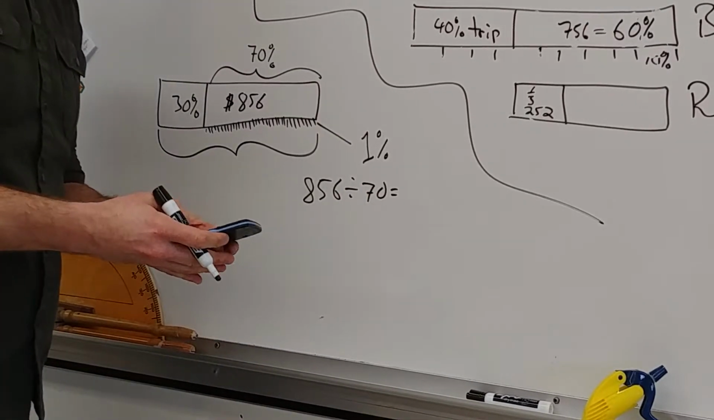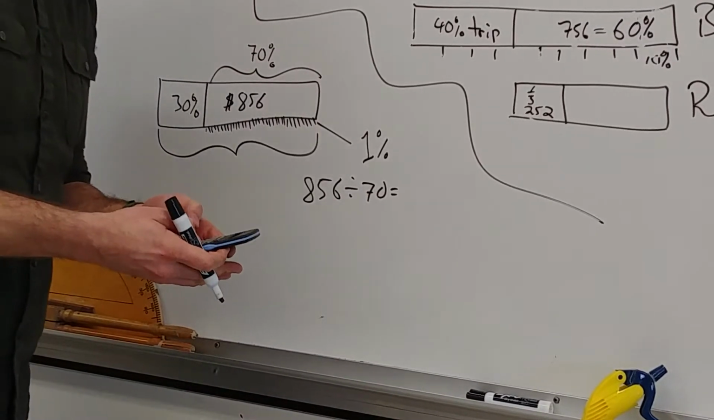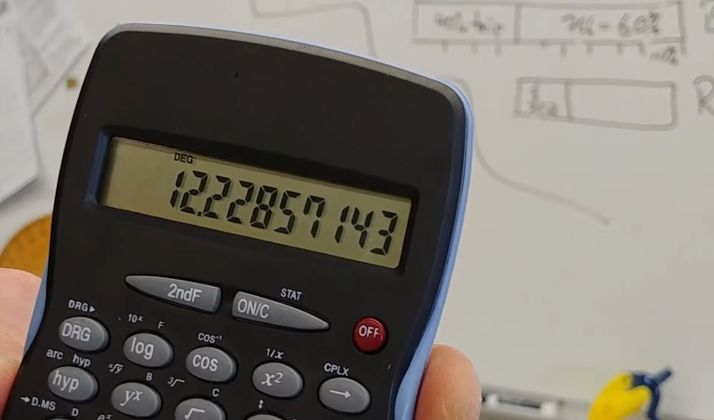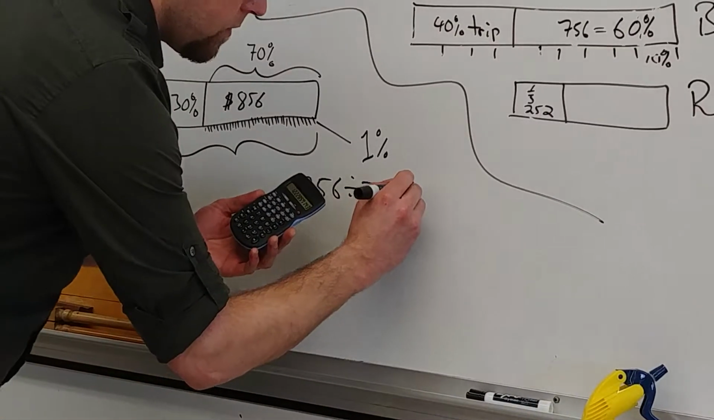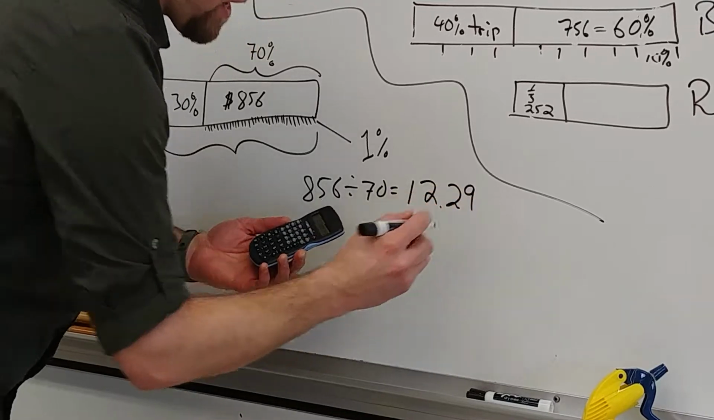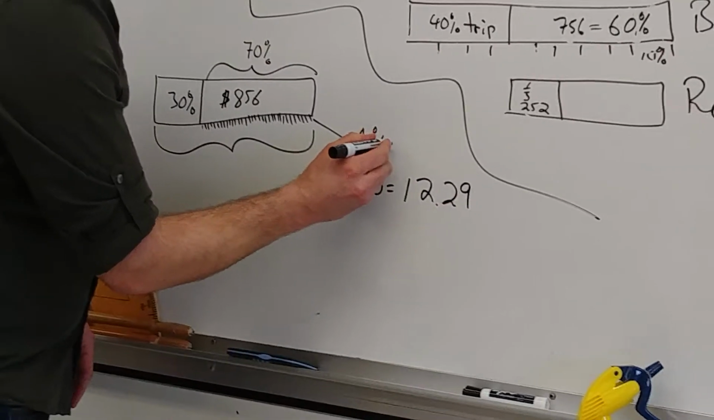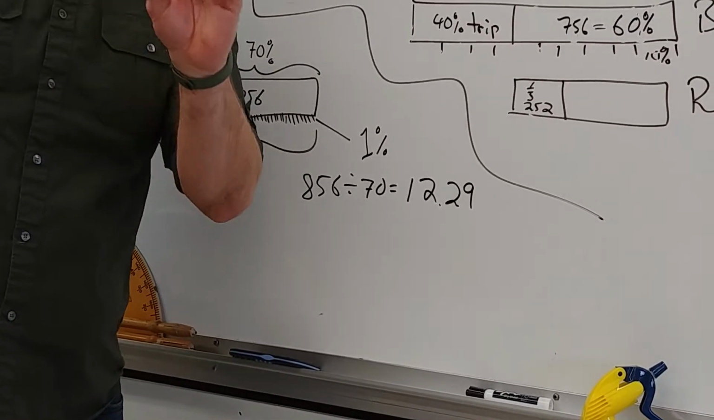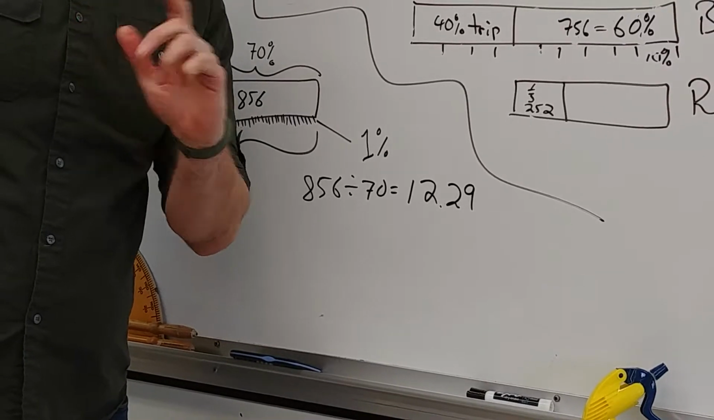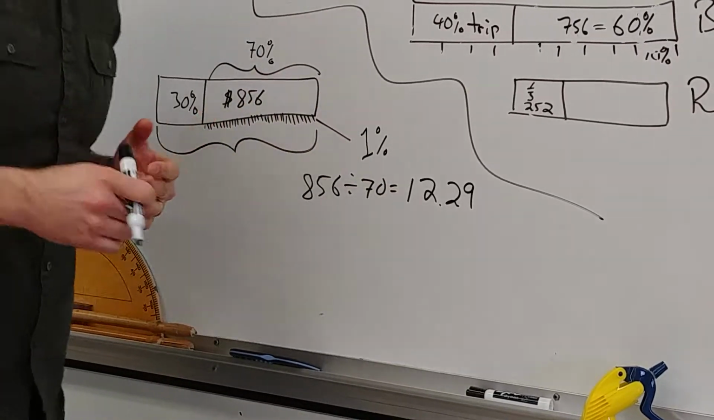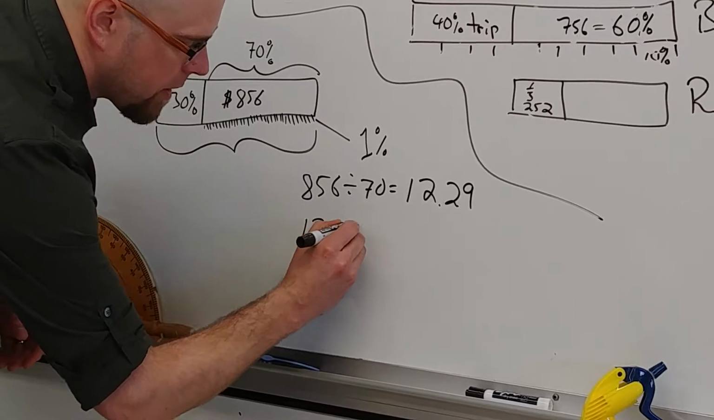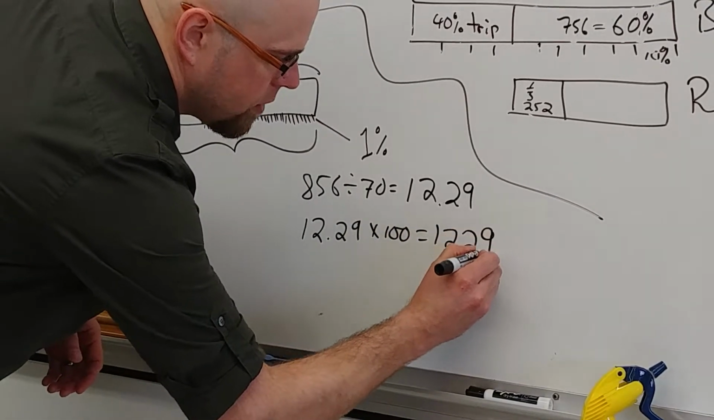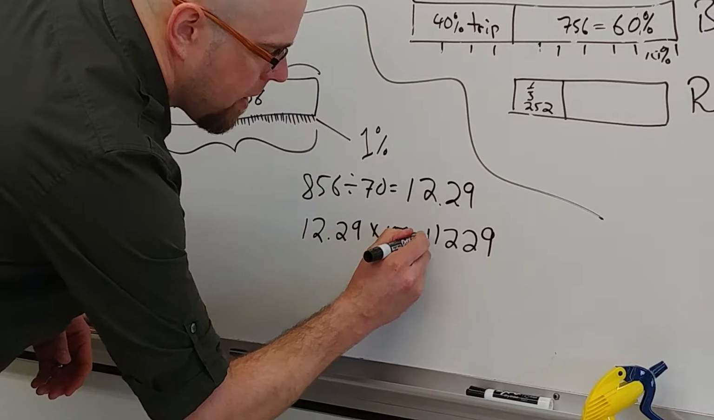If I take 856 divided by 70, I'm going to get this number here. I don't know if it's clear or not, but that number is 12.29. So that means 12.29 is 1% of my salary. If I know 1% of my salary, how do I find 100%? I times it by 100. So since I know 1% of my salary, I'm going to times it by 100. Times it by 100 is 1229. That means my employer paid me